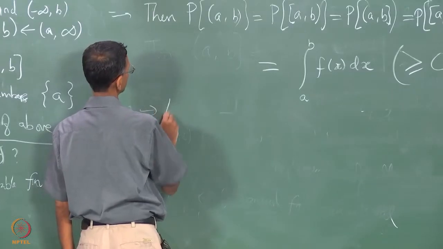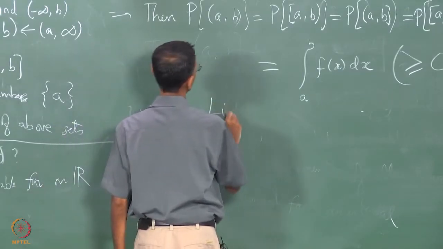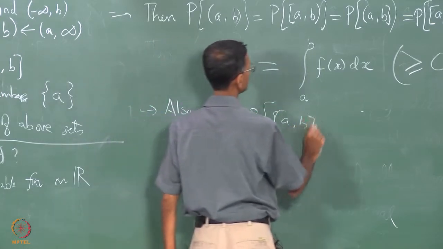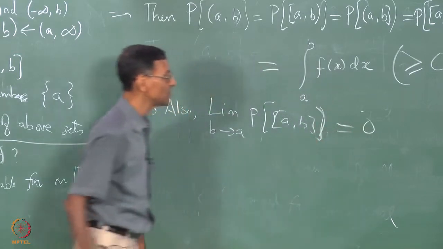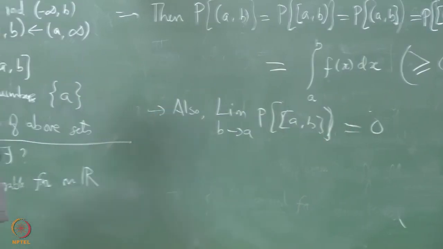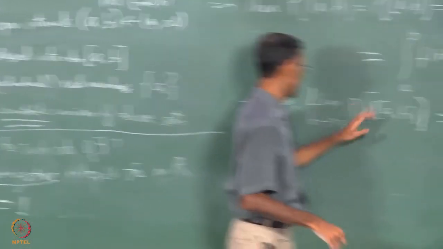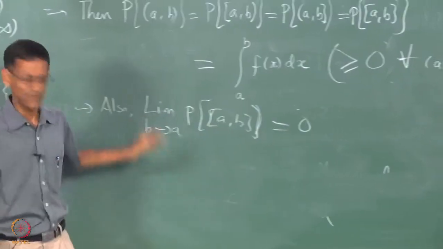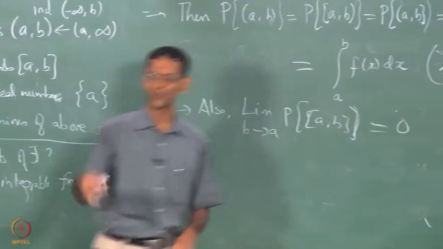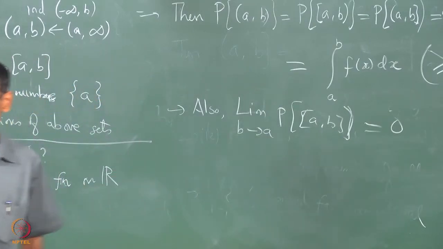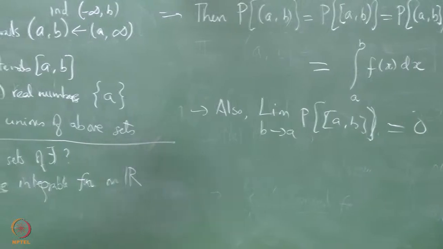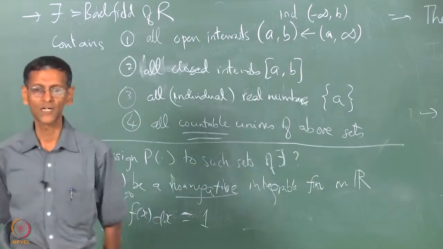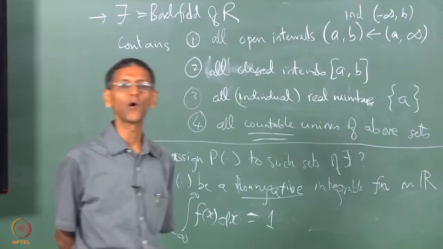Then the limit as b tends to a of P of, let's say, (a, b) is 0. So individual points, roughly speaking, you would have to put some more mathematical rigor into this, but I am just roughly saying it, assuming that a is fixed and you can move b towards a. If you make b fall on top of a, you find by this construction you will only get 0. So individual points